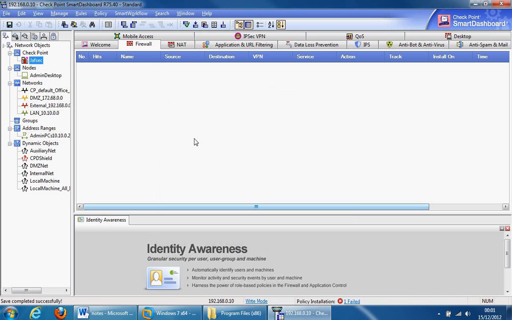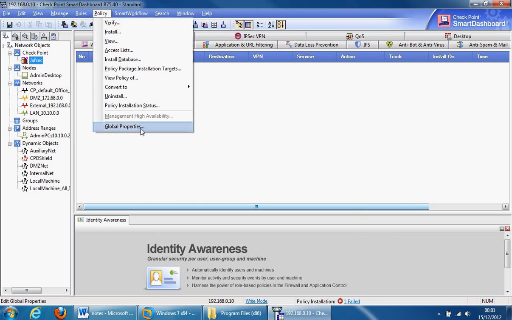As you can see in front of you, there are no explicit rules by default, so there are no firewall policy rules here. And so no traffic will be allowed to go to the gateway itself or through the gateway. However, you may be wondering why we are then able to access the firewall. Well, there are implicit rules that come with the firewall by default, and they can be accessed and configured if required in the global properties. So if we go to policy, global properties,